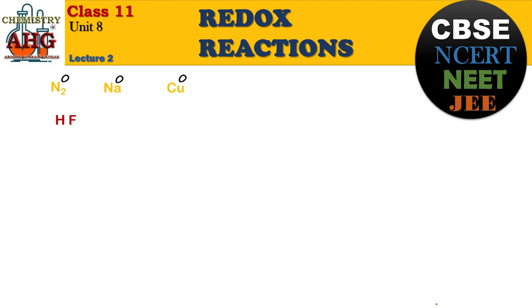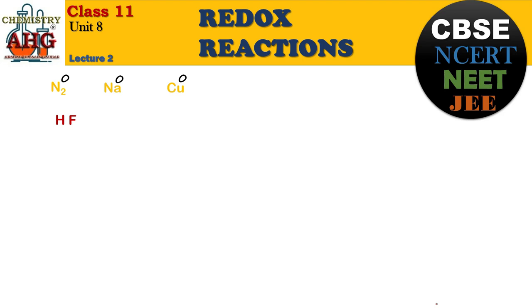Fluorine, number one. If fluorine is not present, then look for oxygen. It is at number 2 position. If oxygen is not present, then go for nitrogen. So these are the three elements that are mostly present in different compounds that are given to you in the exams to find their oxidation state. So always you will start finding oxidation state from these three highly electronegative atoms: fluorine, oxygen, nitrogen.